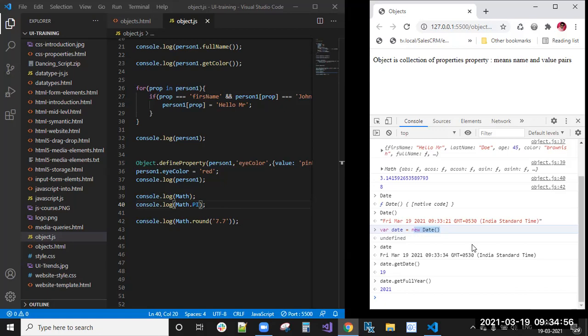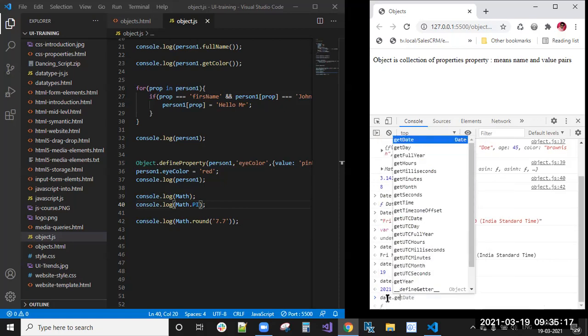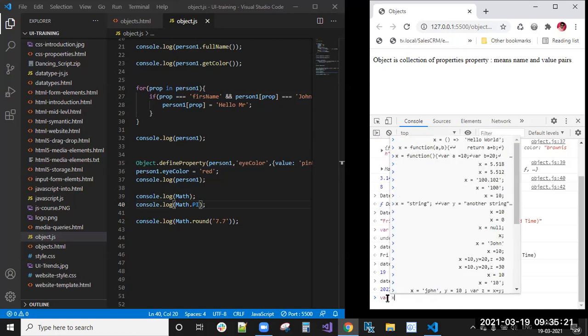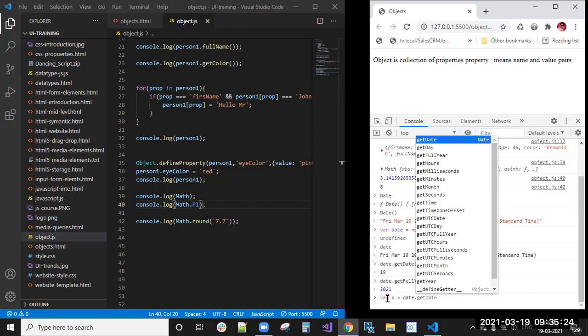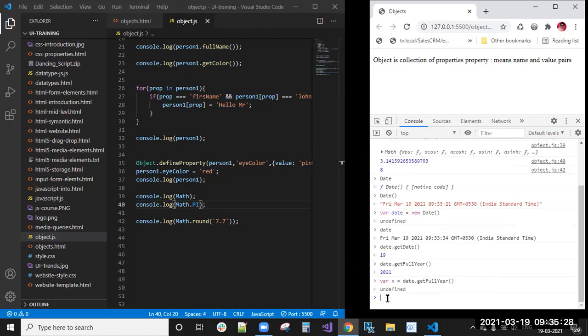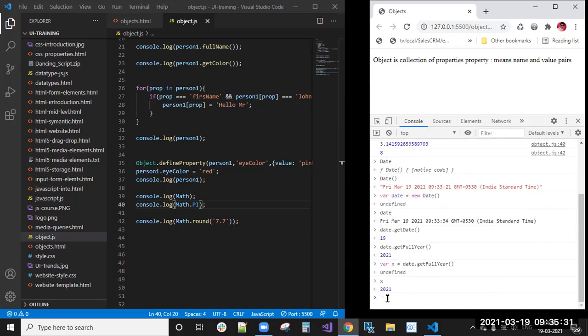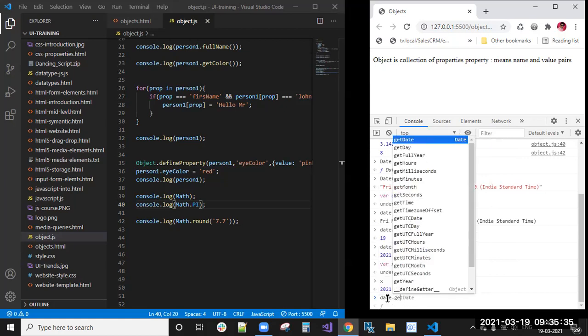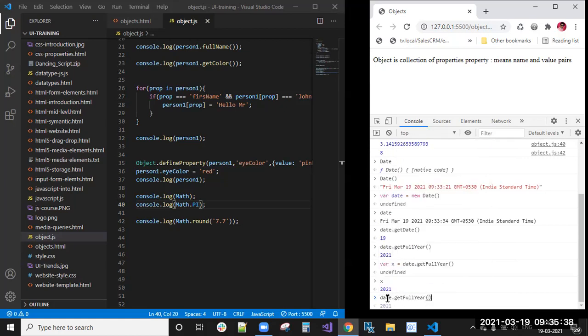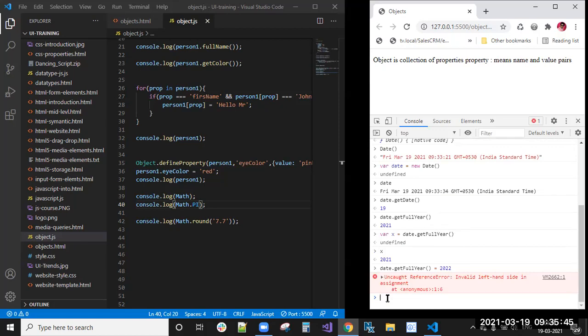If you want to change the date, you use default date picker behaviors, and only by using that can we change it. With the Date object you get only the current date. Date.getFullYear gives 2021, and you can't change it by assigning 2022 to it.